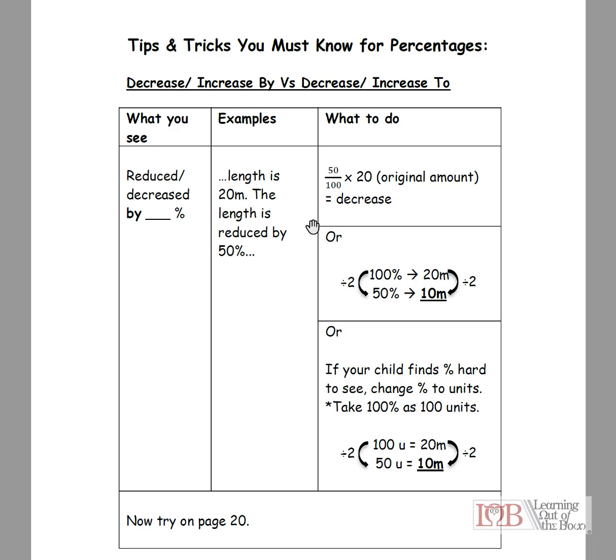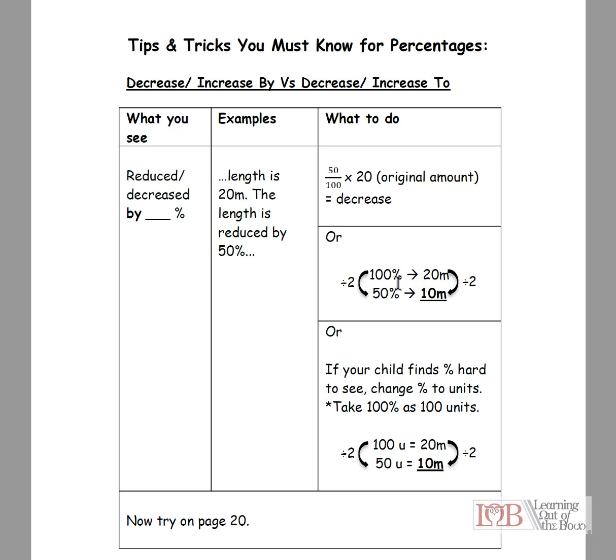You can use something like this if your math is better, or if you're not very sure, you can treat the original length as 100% and then you find 50%. In some cases,